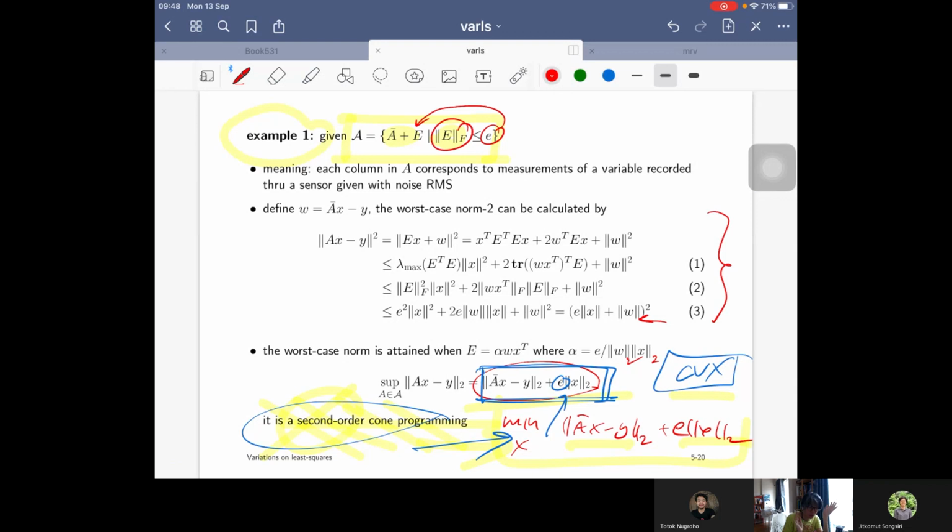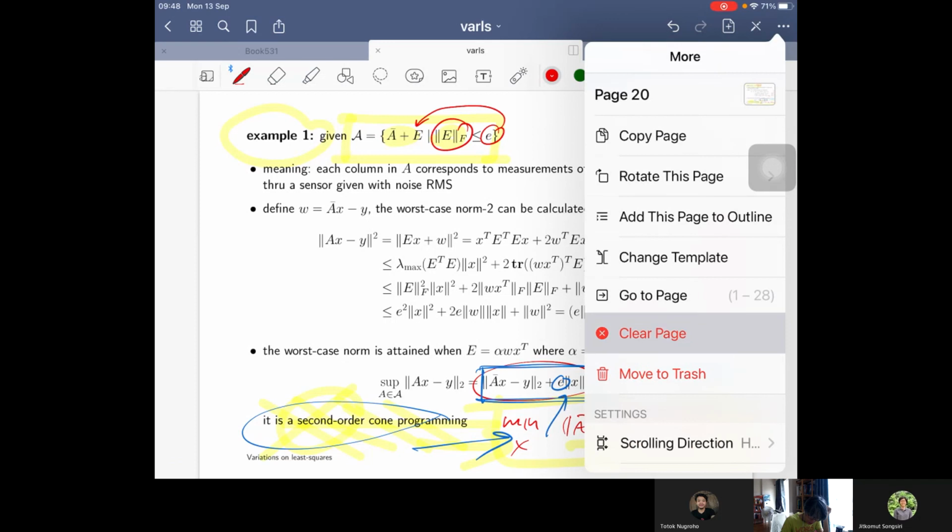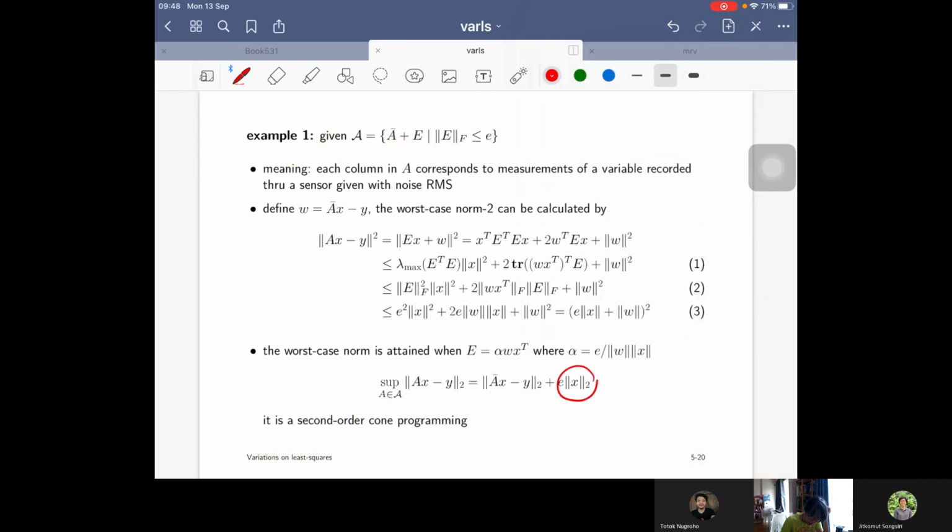Just like the Frobenius norm is an extension of the L2 norm. Take a look at the result. The result is you end up with the two norm. This is the extra term from the two norm, the residue. Here you get the two norm of x. So you can think of this as a